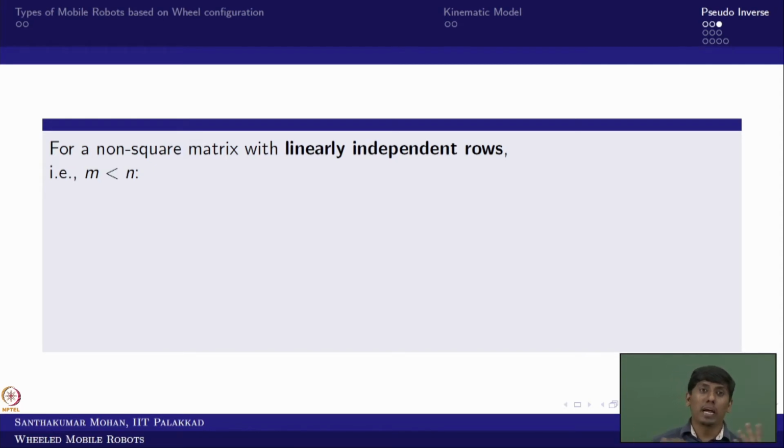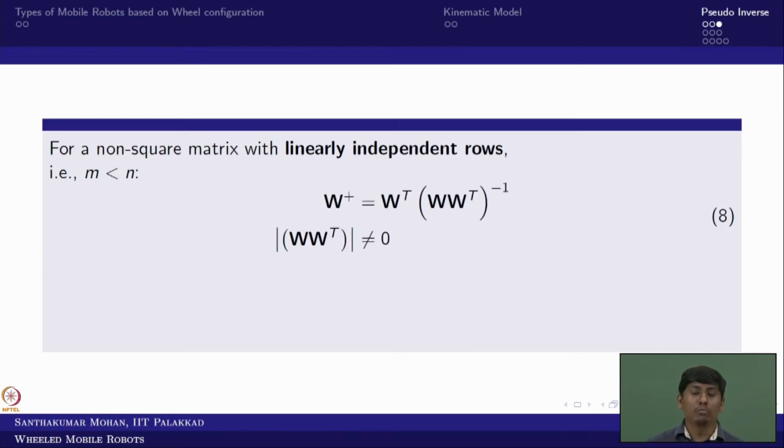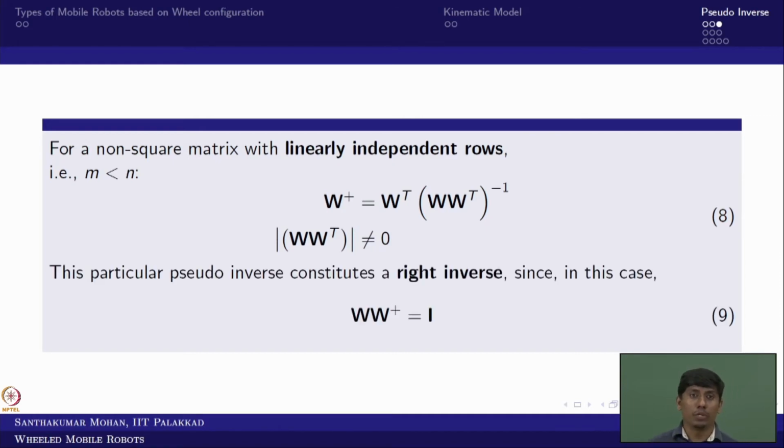Here, what would be the maximum rank you can expect? It is 3, so M. If it has linearly independent rows, what pseudo inverse is possible? Earlier we took the left inverse, so obviously here it is the right inverse. So here W plus comes as the right inverse. Now W plus can be post-multiplied with W, and then only you get the identity matrix. This is what we call right inverse.